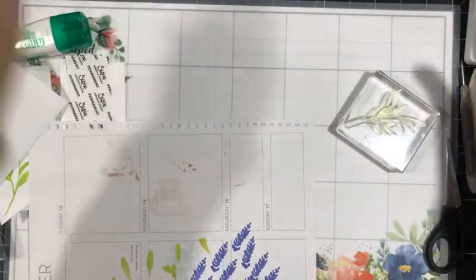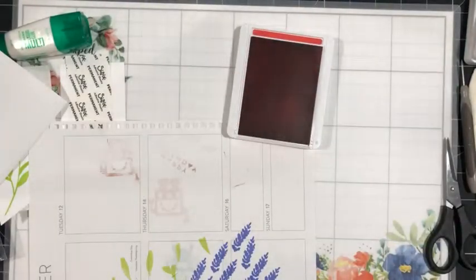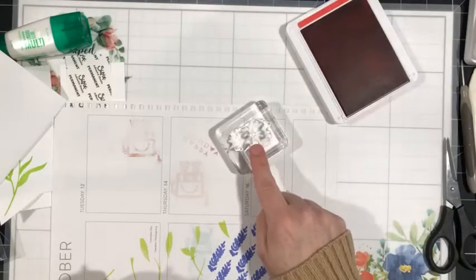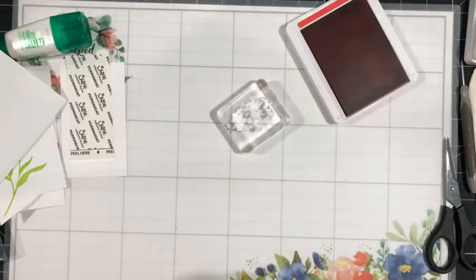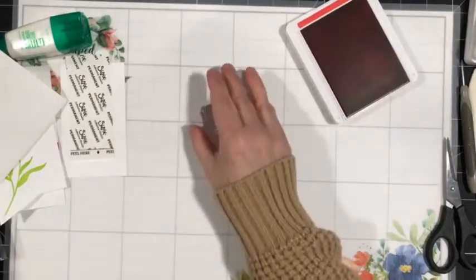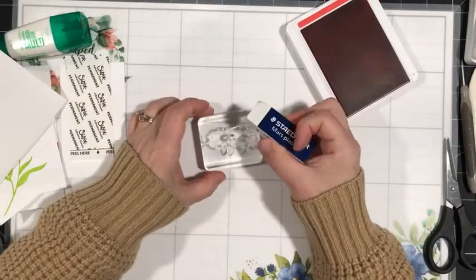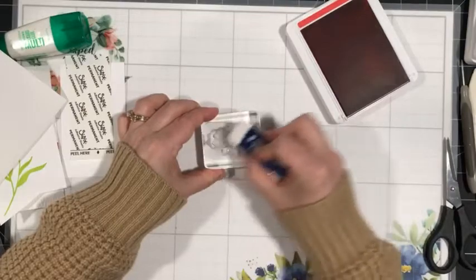Now we're gonna bring in some sweet sorbet. So we're gonna do our flowers in some sweet sorbet. Now, I wanna give you a little tip. When you are using a photopolymer stamp set for the first time, especially if it is a bolder image, so you can see that this is a little bit more bold, it's a solid image, it's not an outline image. Here's a little tip for you. I know I've shared it before, but some of you may not have seen it. If you take a white eraser and just run it over your stamp,